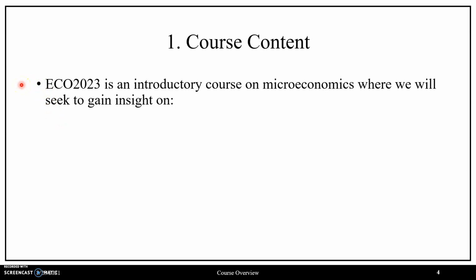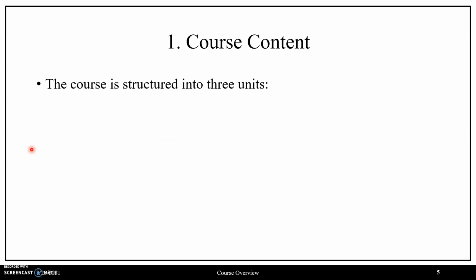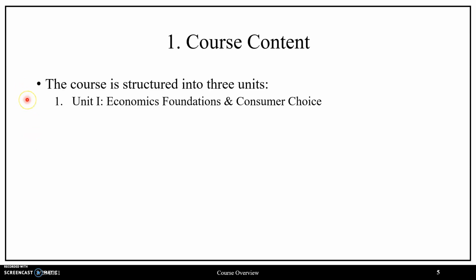ECO 2023 is an introductory course on microeconomics where we will seek to gain insight on how consumers and firms make decisions, how price and quantity levels are determined within markets, as well as how governments can intervene within those markets as well. The way that we'll approach this is structuring the course into 3 distinct units, where our first unit will be on economic foundations as well as consumer choice, where we'll seek to develop some economic fundamentals and then explain how consumers make decisions, where this will take us from the 6th of January through the 14th of February,